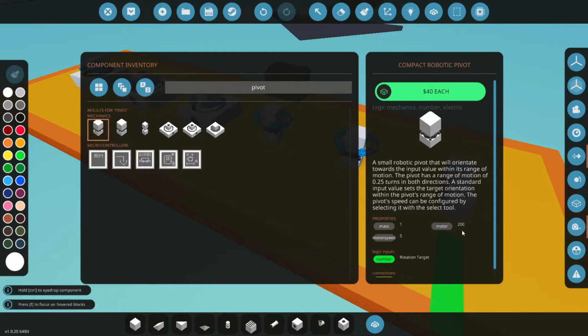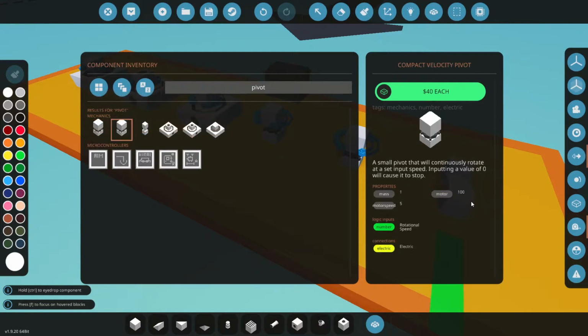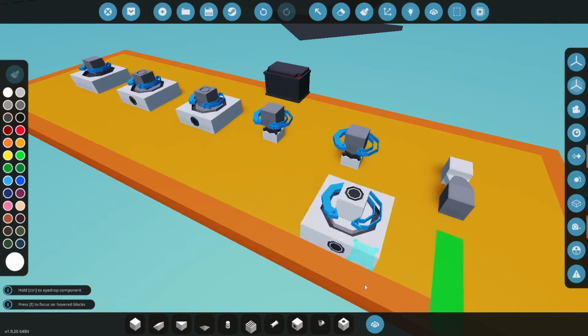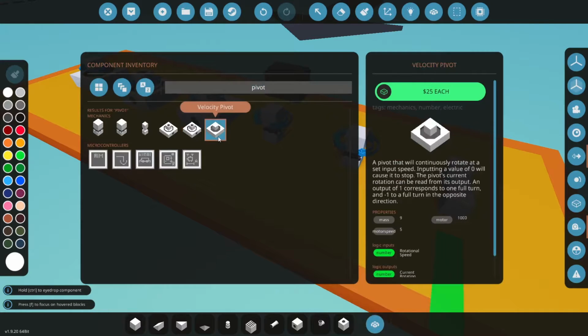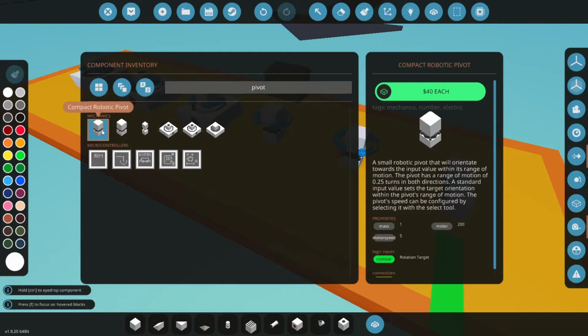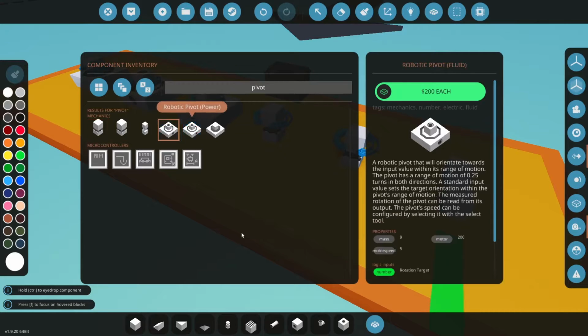If you look here, we got 200 motor, this one's 100 motor, and then here we get a 200 motor, 200 motor, and 1000 motor. So this is the strongest one, this velocity pivot. These two actually are the same as this, which may have been an update. I don't recall this being the case before. Anyways,